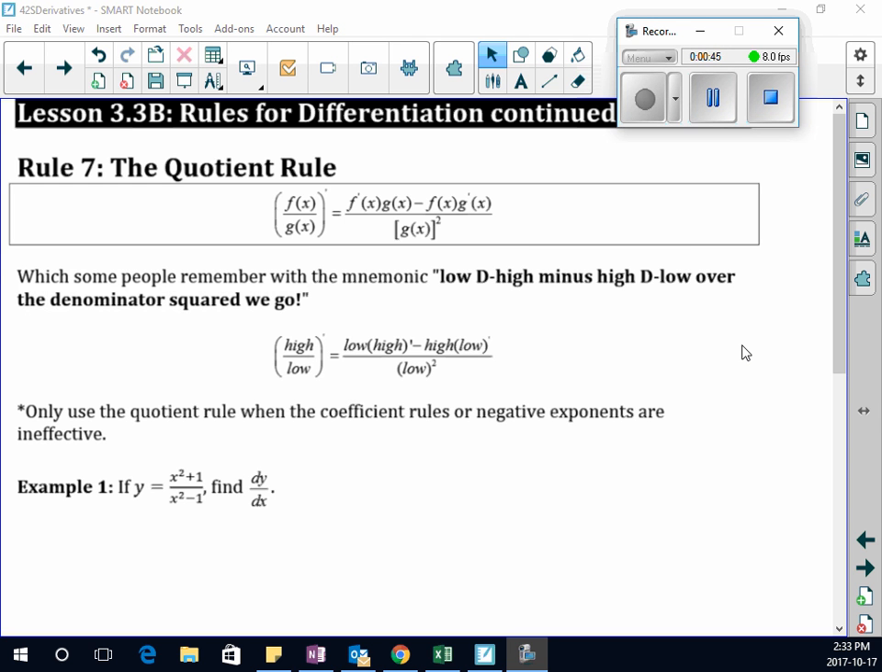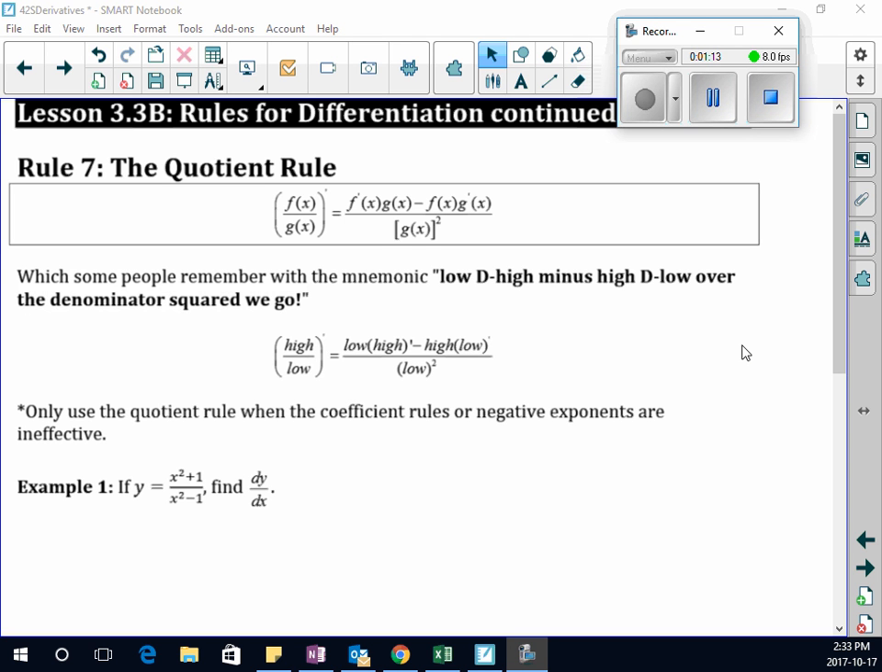But there is a saying, you can Google it and find all these people singing and stuff like that. Low d high minus high d low. What does that mean? It means leave the low function alone, and then you find the derivative of the high one. Do you see? Minus d low. That means the derivative of the lower one